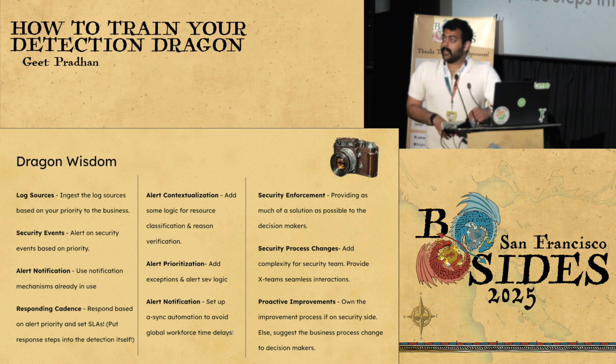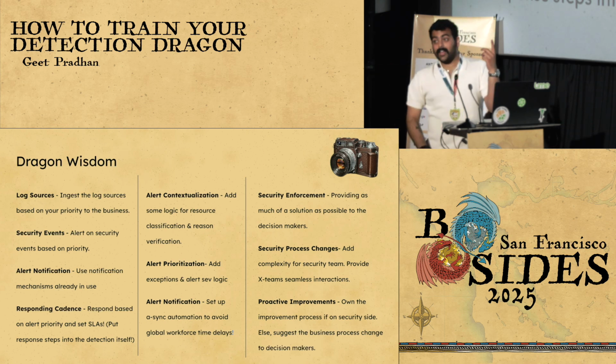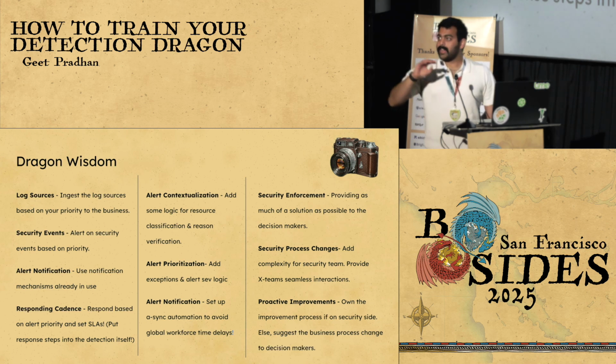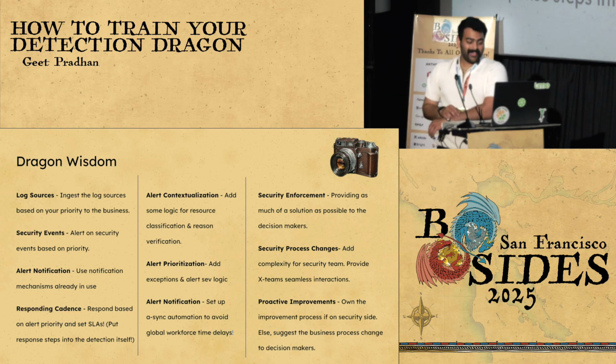Now, if you missed all of that or you were asleep, fear not. As the image says on the top right, this is what you need to take a photo of. So I'm going to give everyone 10 seconds to take a photo of this. 10, 9, 8, 7, 6, 5, 4, 3, 2, 1. Sorry, I'm running out of time.